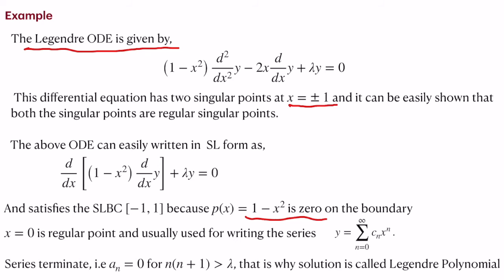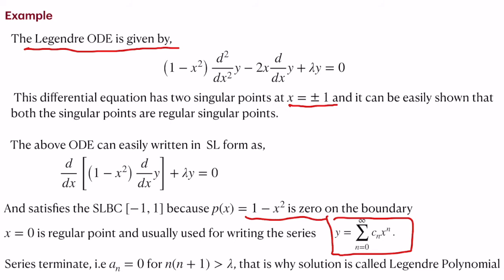Now once we have all these things, one can often use them as an orthonormal basis and express any function in terms of eigenfunctions of the Legendre equation. Now the usual convention is to evaluate the power series solution at x equal to 0. We have singular points at x equal to plus or minus 1, but x equal to 0 is a regular point. That's why we can simply express the solution as y equal to the sum over n going from 0 to infinity of Cn x to the n. In this case, we don't need an indicial equation. This is a regular point.